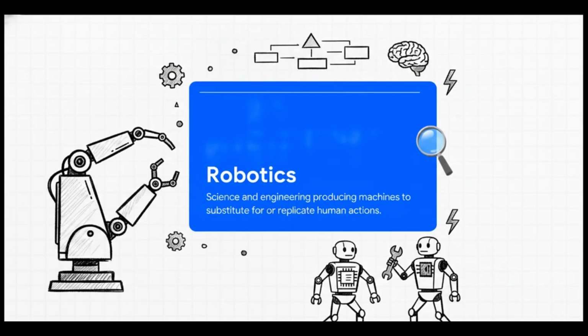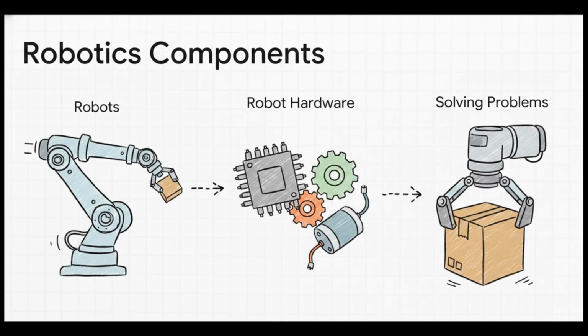Our third core tool takes AI completely out of the digital realm and drops it straight into the physical one: robotics. This is where computer science, mechanical engineering, and cutting-edge tech all collide. The goal here is physical manifestation. We're talking about producing machines designed to substitute for or directly replicate human actions out in the real world. They have to navigate everything from gravity and friction to totally unexpected physical obstacles. When deploying robotics, an AI architect really has to think in 3 dimensions. You aren't just dealing with code in a cloud server anymore.